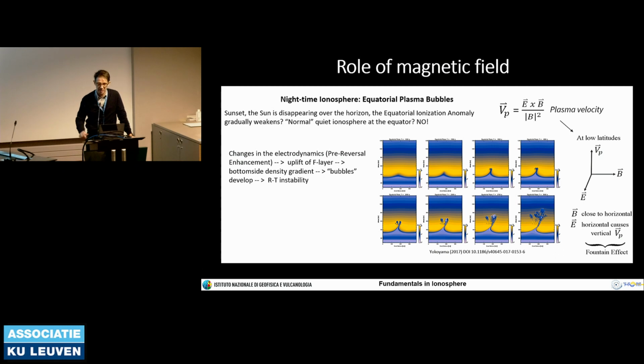And these are the most disrupting effects for trans-ionospheric radio waves, or those using the ionospheric layer for bouncing. These are called equatorial plasma bubbles. You will see here snapshots at different times of the simulation of the plasma bubble evolution. There are plasma depletions that tend to grow, and then they also decay along the magnetic field line and create this small-scale structure you will find later in my presentation and in the presentation about ionospheric irregularities I will give on Wednesday.